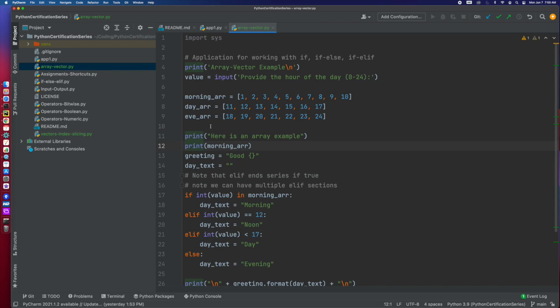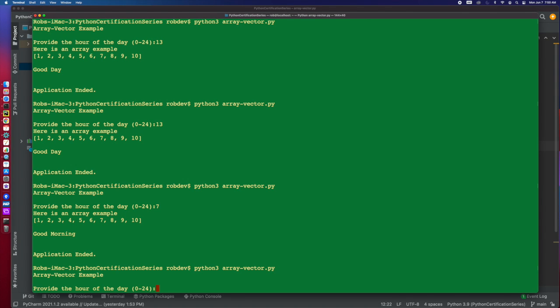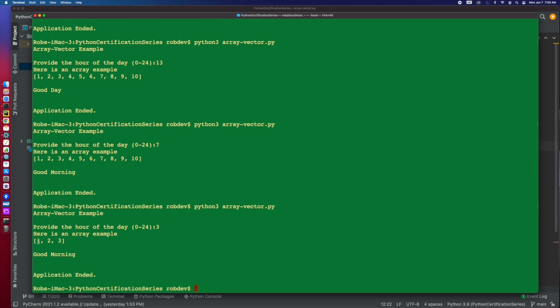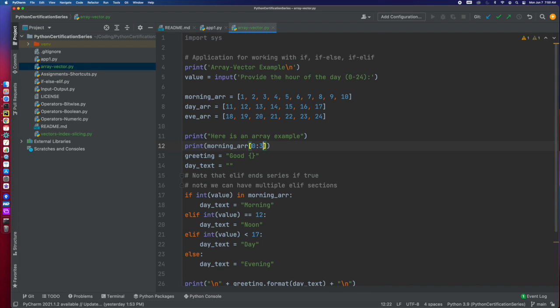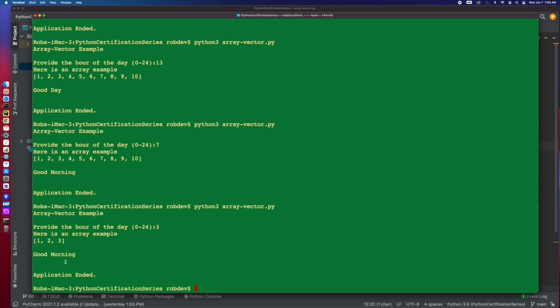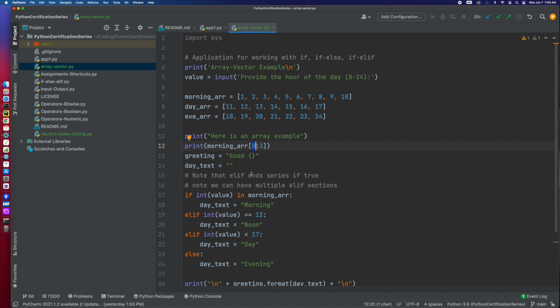And so I could actually do print morning array. Let's just print like the first 3. I think this is the slicing. Let's see if this works out. Yep. And so it's a slice. I'm just saying I want to do the index, the 0 index up to 3, which is 0, 1, 2, 3. But it's not inclusive, as you see here. So that's 0, 1, 2. It's not going to include item 3. If I go to, the whole thing is what? 0, 1, 2, 3, 4, 5, 6, 7, 8, 9. So there's 9 there. If I go to 10,